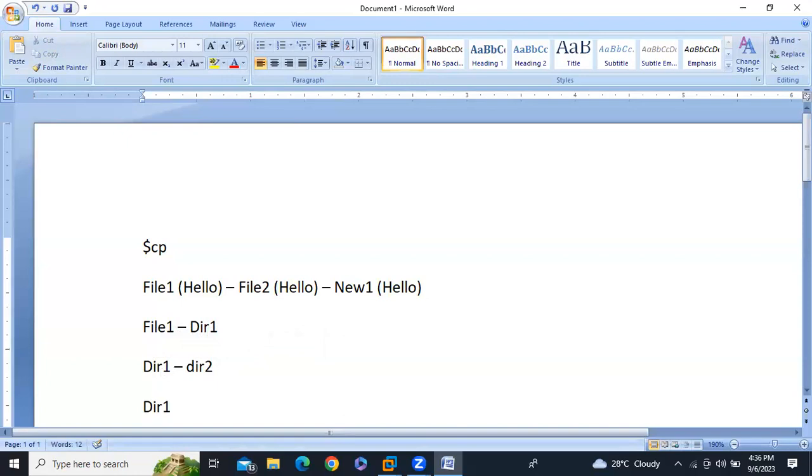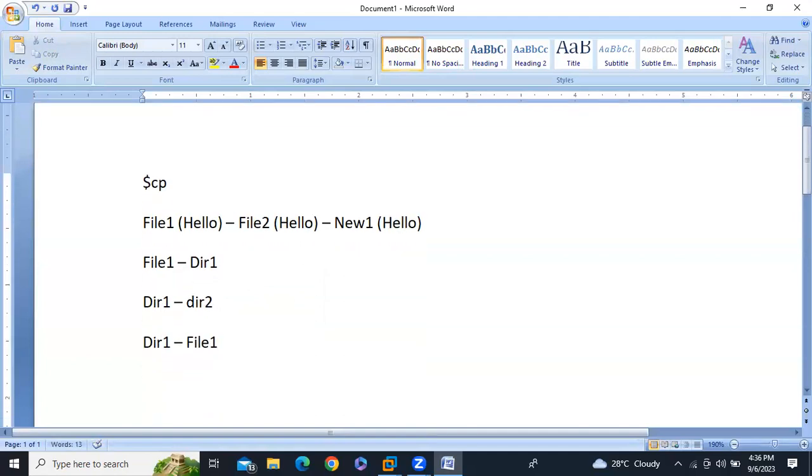Can we copy the directory to the file? No. Why? Yes, guys. Why are we unable to copy the directory to the file? Directory contains files, file contains directories, right? No. Yes, guys. Can we copy the directory to the directory? No. Sorry, directory to file. No. Why? Why, guys? Folder contains files, file contains directory, data. Then